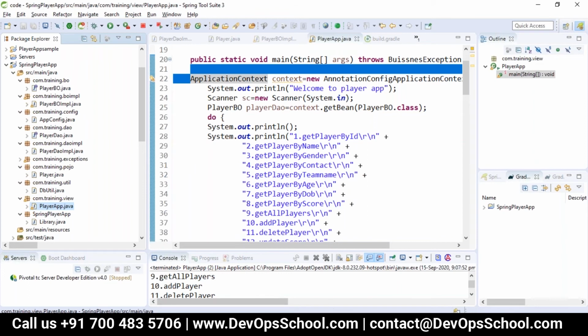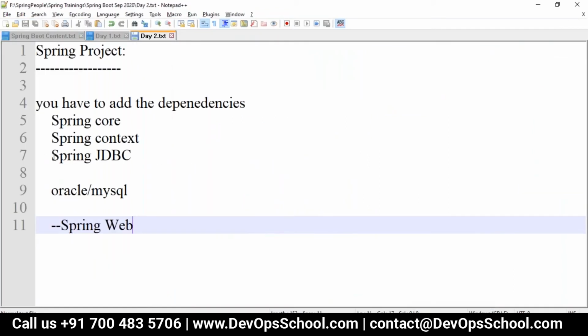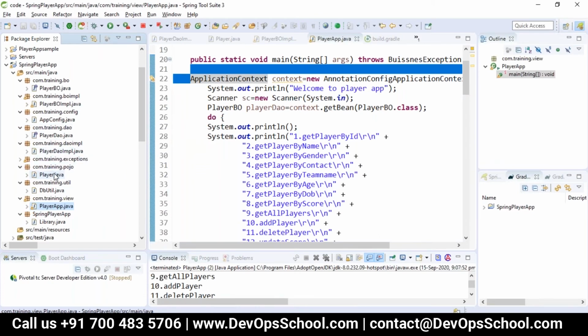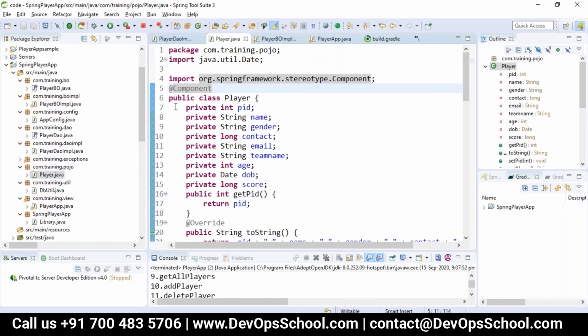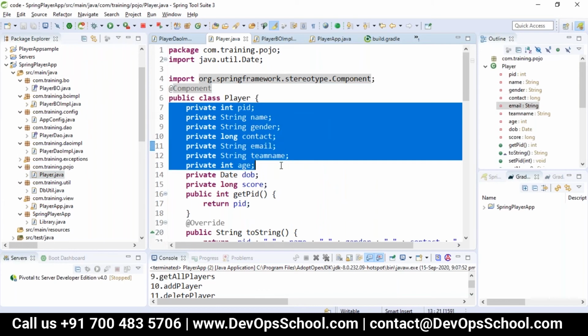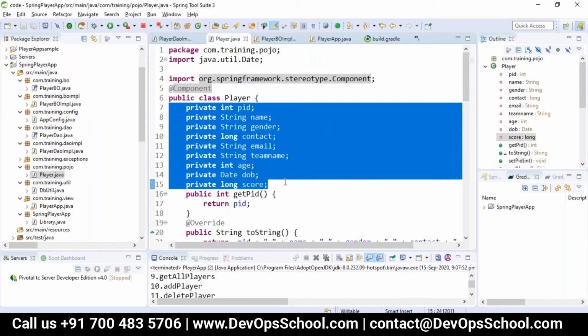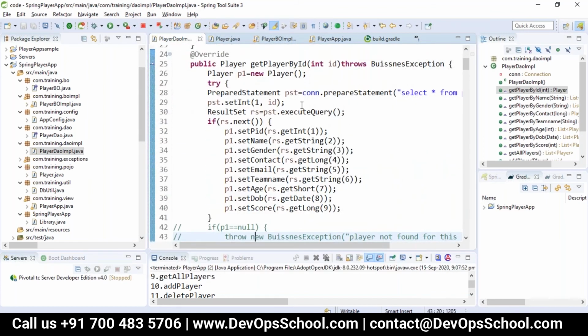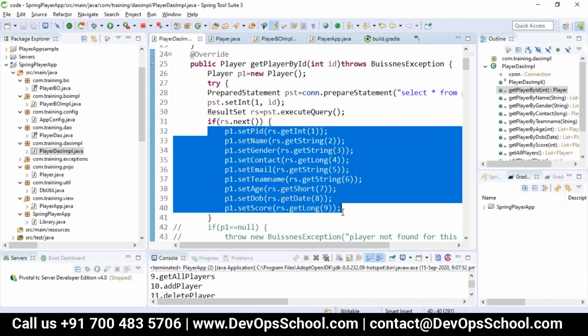But when you go with the other Spring layers, we have Spring JDBC, which takes care of database operations. If you see in our code, we have one Pojo called player, which has around 9 parameters. So whenever we do any DAO implementation, we have to map each and every one manually. That is, the results that we are getting, we are setting to each and every object manually.